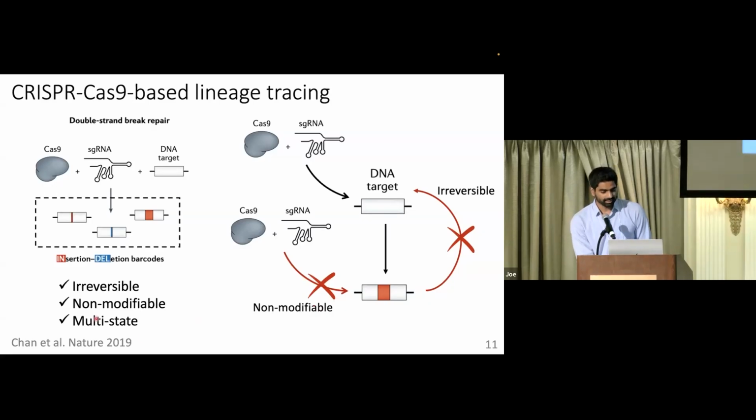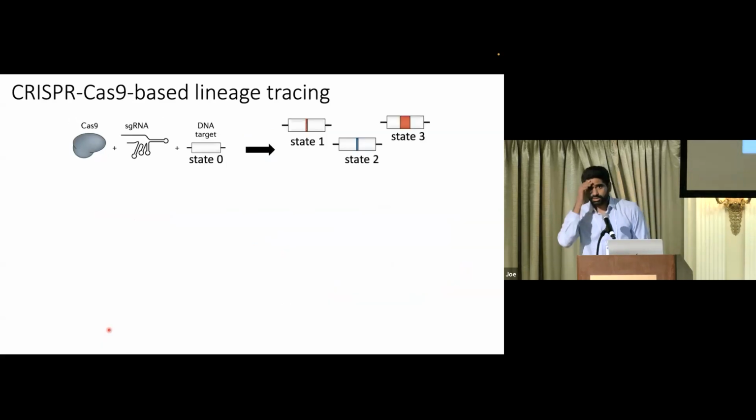And lastly, we call it multi-state. So at each target location across cells, you can see different kinds of mutational states. There are multiple states, okay? So for the unedited state, I'm going to call it state 0. Any of the edited states, I'll just number them 1, 2, 3, and so on. And let's see this process happening. So you always start from no mutations. So all the target regions have state